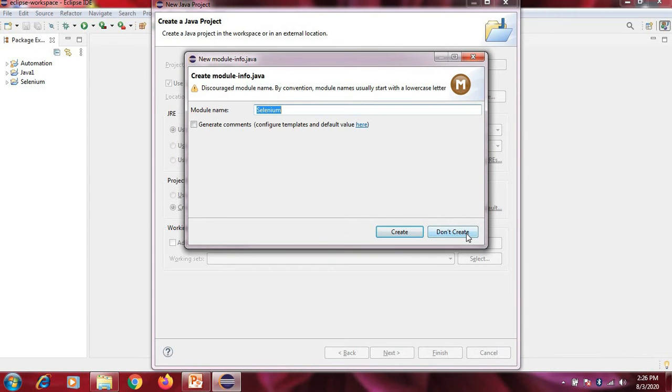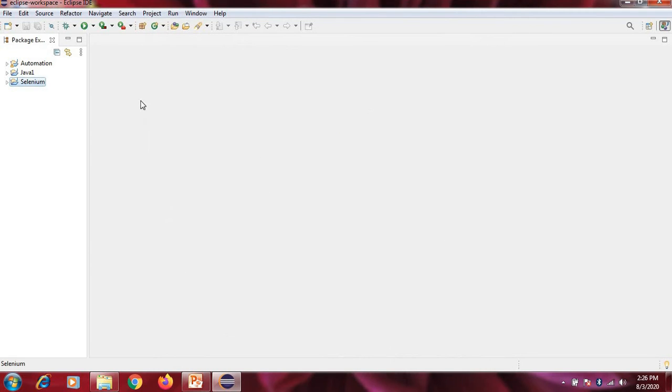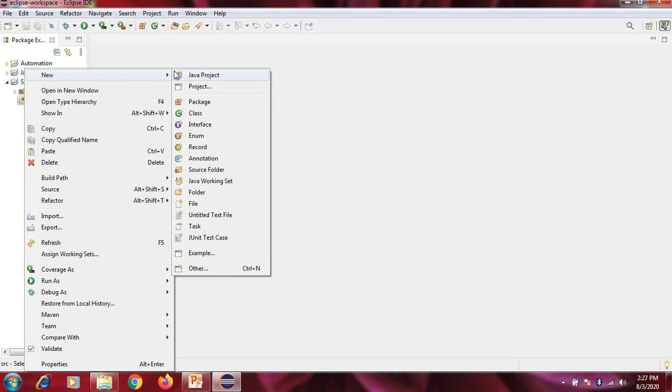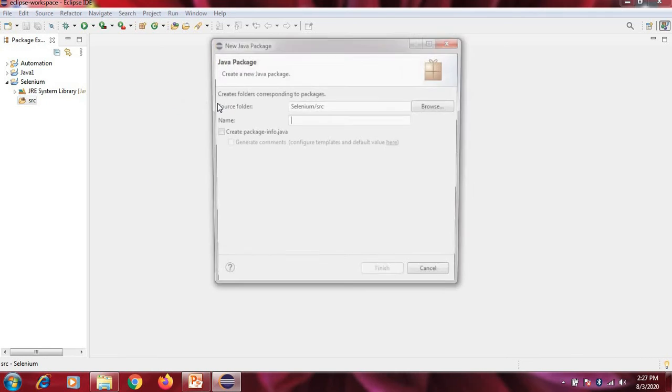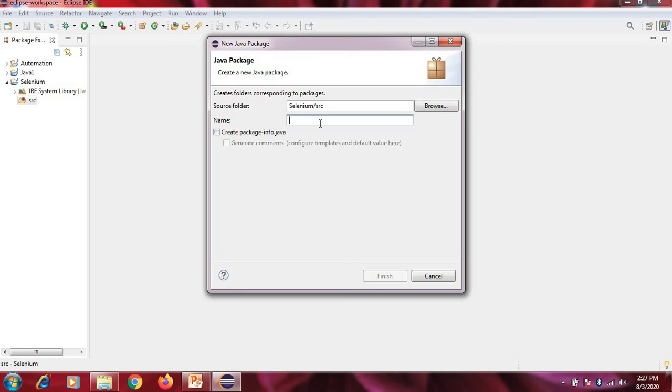Here I don't want to create module information. Start Selenium. Here you can see the src folder. Select it, right click, new. We have to create a package. Package name is self practice.